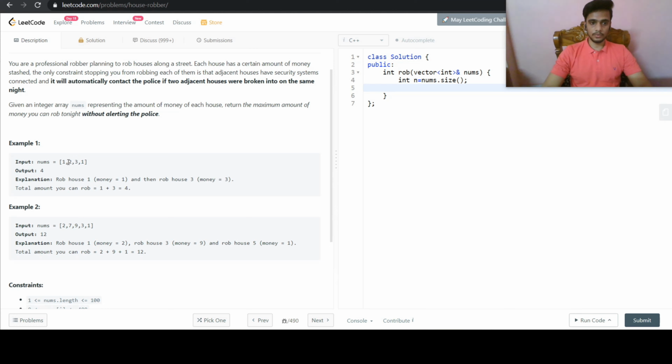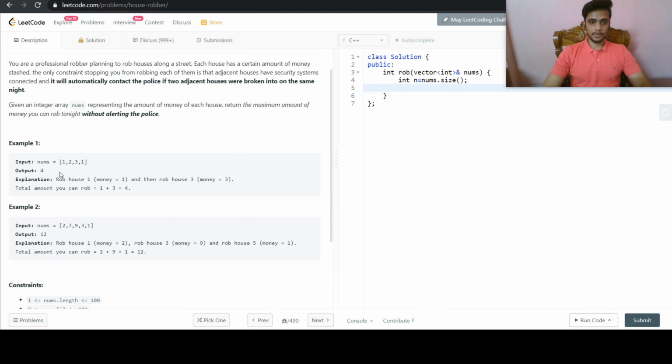If we rob that house, then for the next house we'll make the decision again whether we want to continue with that house getting robbed, or the previous one gives us the better value, because we have two choices here. We cannot rob both of them at the same time since they are adjacent.